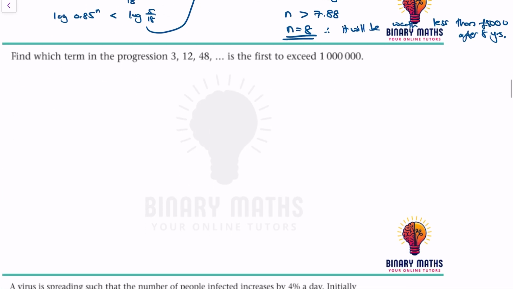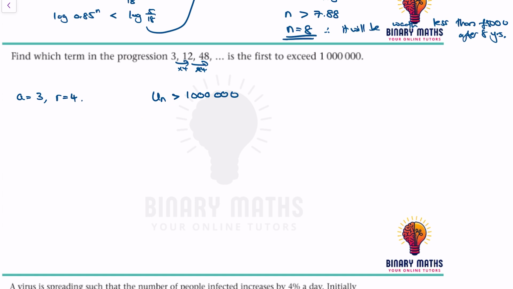Find which term in the progression 3, 12, 48 is the first to exceed 1 million. So that means we times by 4. So A is equal to 3 and R is equal to 4. So when is U n greater than 1 million? So when is 3 times 4 to the power of n minus 1